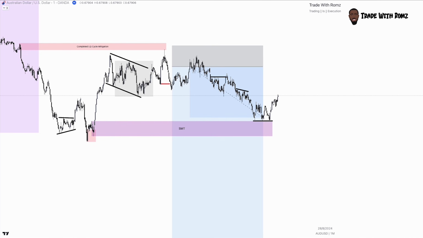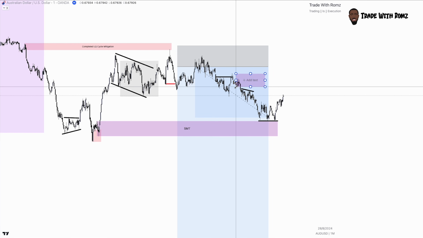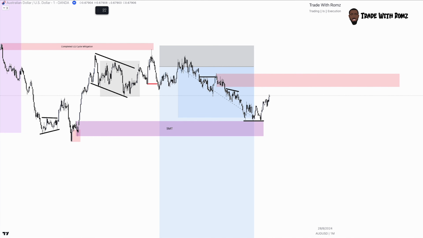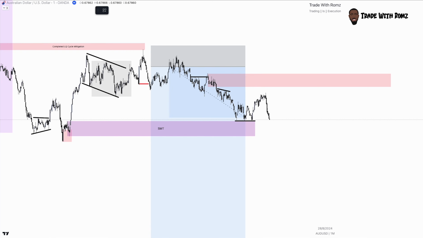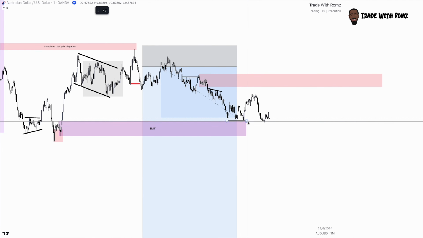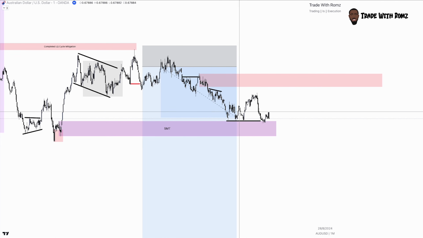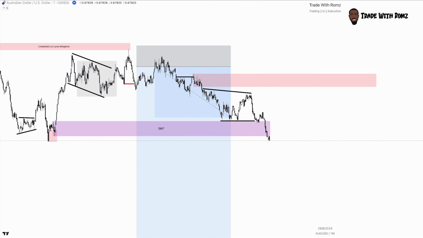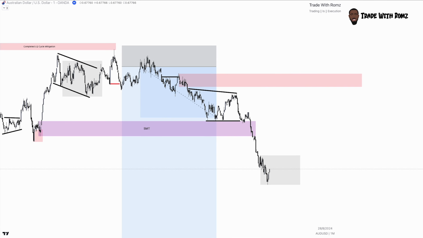So what I actually did was I saw this as a point of interest. I'll use this whole area as a POI. I don't think I used it all in this view, but for now, let's use it all. That's what I was looking at. And as price approached it, okay, there we go. Price came into the SMT here, took out the equal lows. So it made structural inducement. And then we had another structural high, more liquidity built up. And I took the risk. Let's have a look.